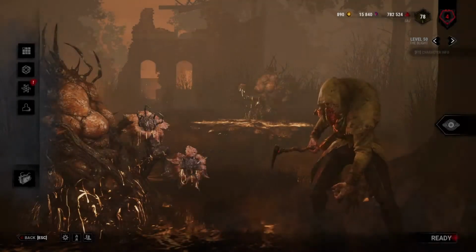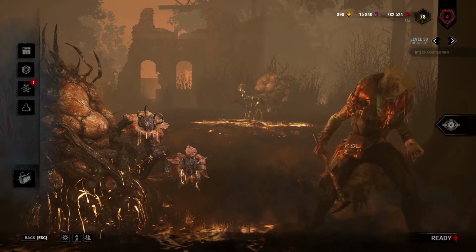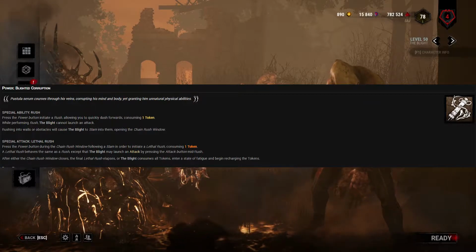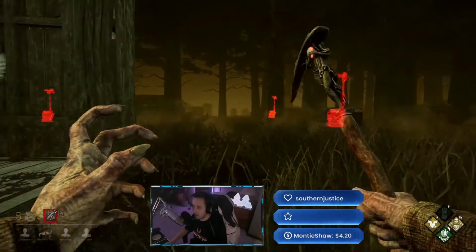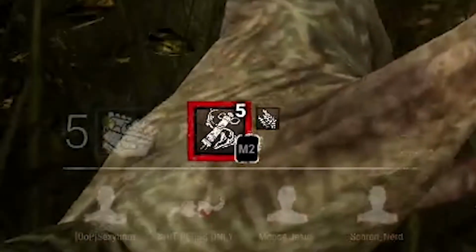Alright, first, to understand the Blight better, let's go over his power in more detail. His power is called Blighted Corruption, which, by consuming tokens, allows him to do two different kinds of charges, the first being called Rush, and the second one being called Lethal Rush. When the Blight first activates his power, he enters Rush, which will dash him forward very quickly and consume one